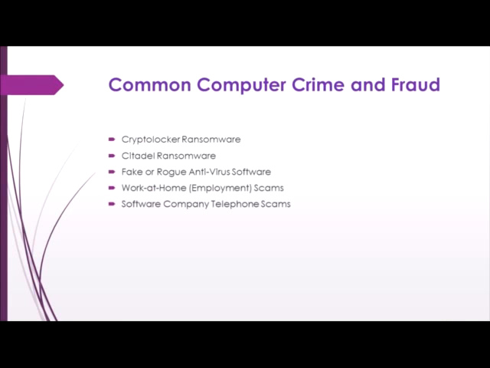Along with all the statistical and demographic information included in the 2013 IC3 report, several common computer crimes and fraud were named as well as tips to avoid them. First, we have CryptoLocker ransomware. This spreads via email and propagates rapidly. The virus encrypts various file types and then a pop-up window appears on victims' computers that states their data has been encrypted. The only way to get it back is to send a specific monetary payment to the proprietor.